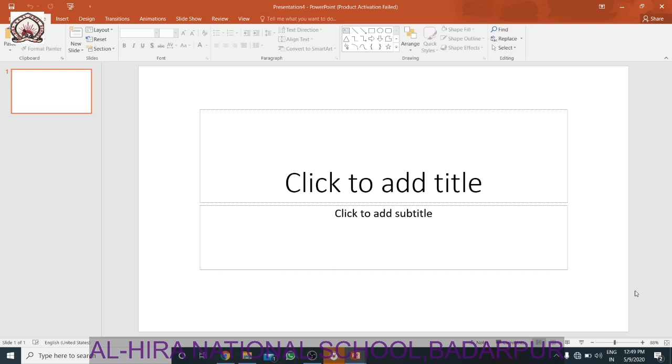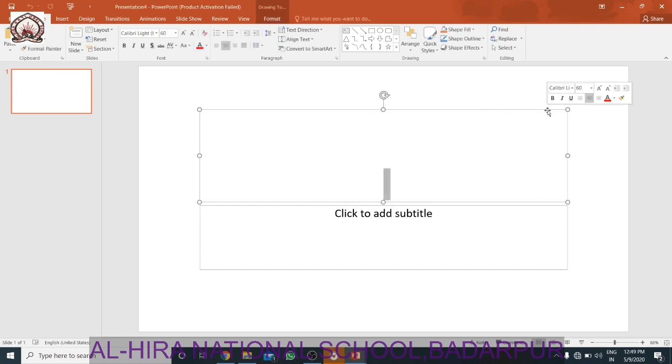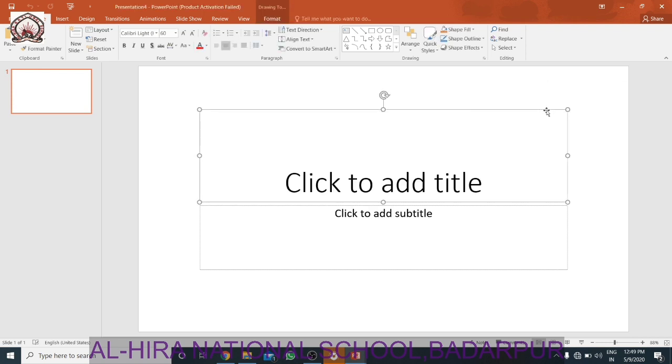So let me show you some of the components of MS PowerPoint 2010. Now what is slide pane? This is known as the slide pane. The slide pane contains the slide at the center of the pane. Placeholder. See, these are known as the placeholder. The placeholder is a dotted rectangular box on a slide that is used to hold text, image or an object.